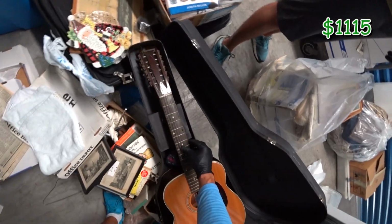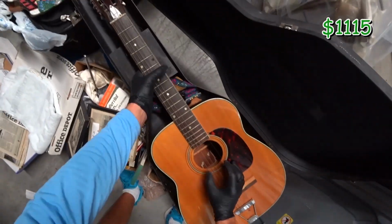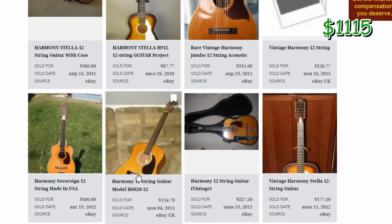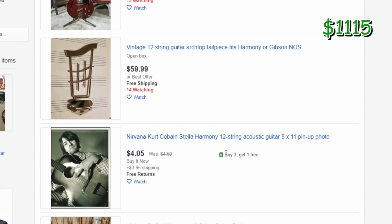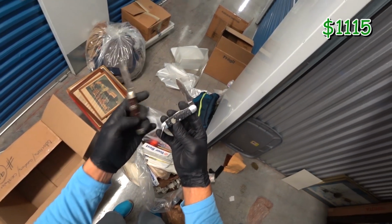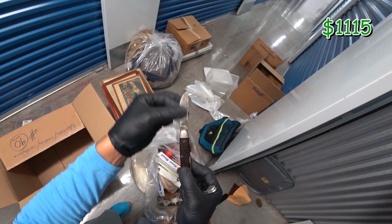And here is a 12-string guitar, Harmony. The situation with the guitar is still pretty unclear. Here they were sold for $150, for $300, for $220. They're also put up for $700 and even $100. Kurt Cobain played on this. Oh, what if this was his guitar? A couple of these knives. This is Utica. This is Ulster. Man, it's a little rusty, but...